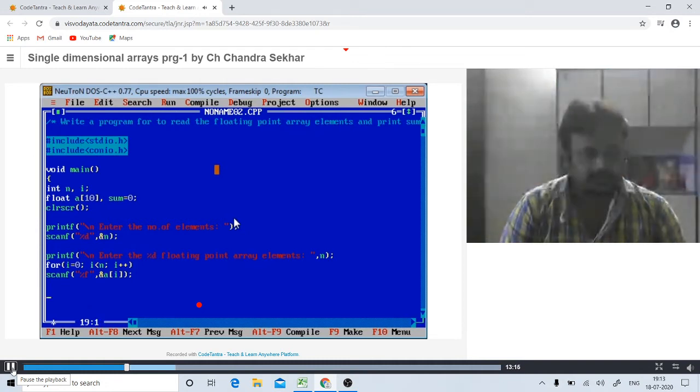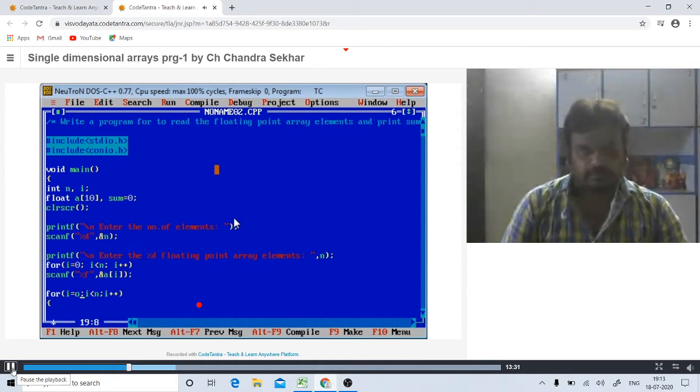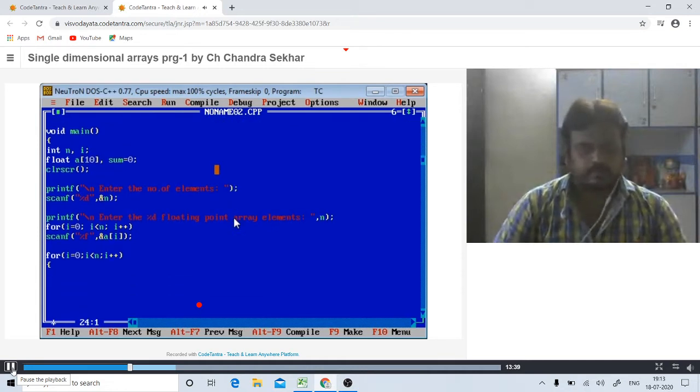First process it: for i equal to 0th location to i less than n, i plus plus, sum equal to sum plus a of i.